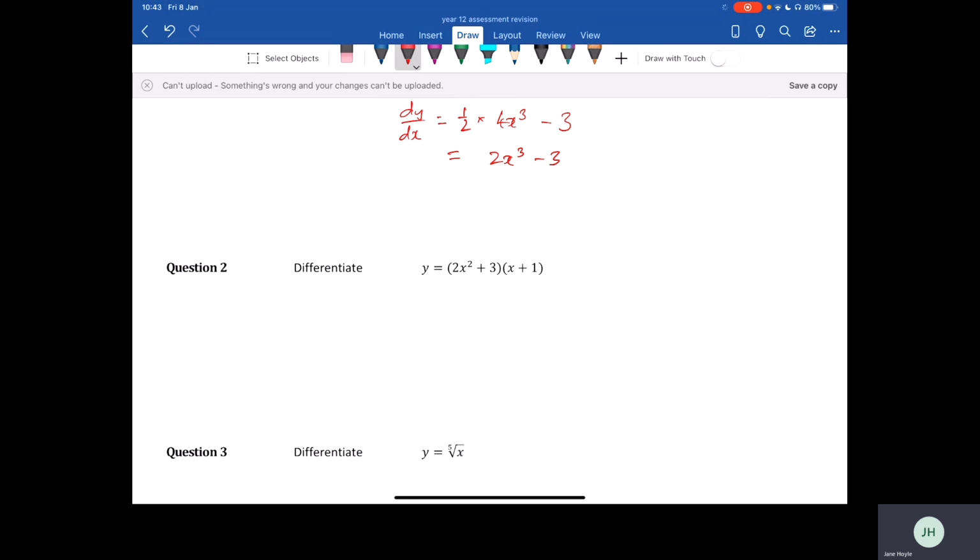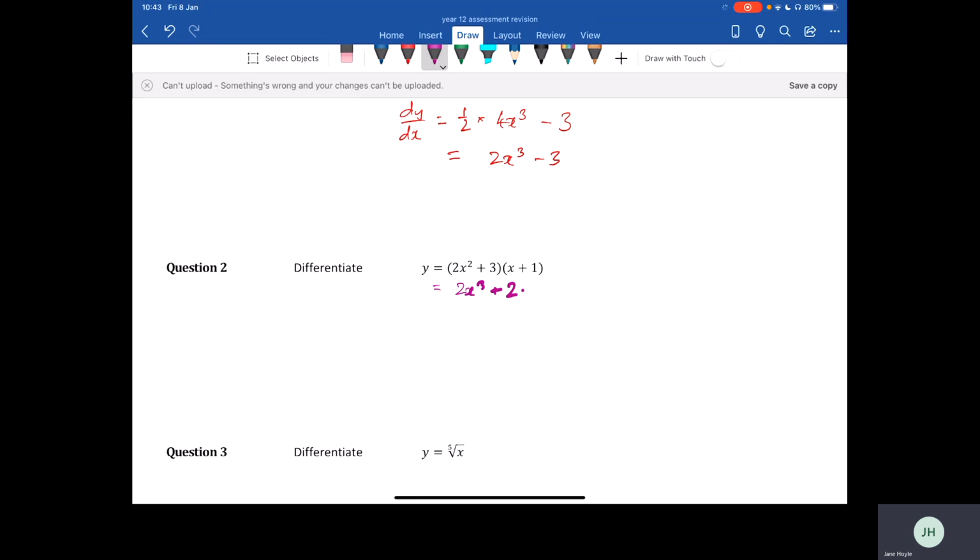Second one here, we cannot differentiate it as it stands. So please, please, please don't be differentiating this and then multiplying the two answers. We're not able to do that. What you have to do first is expand the brackets. So if we expand the brackets, we get 2x cubed